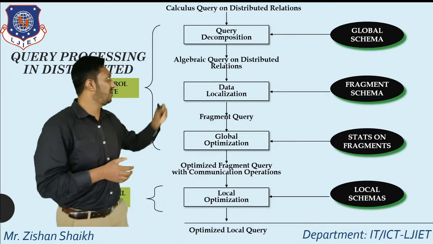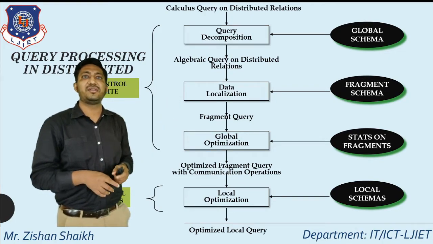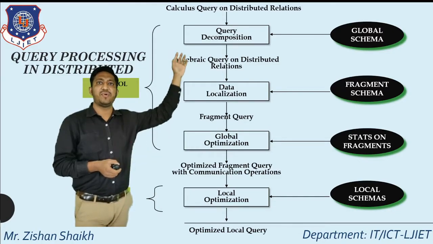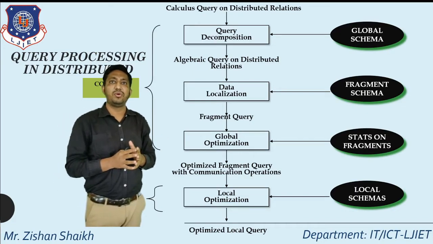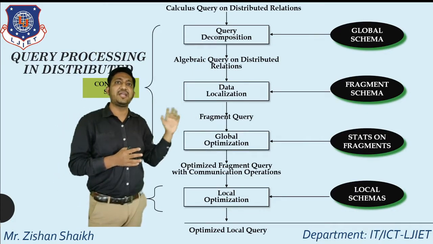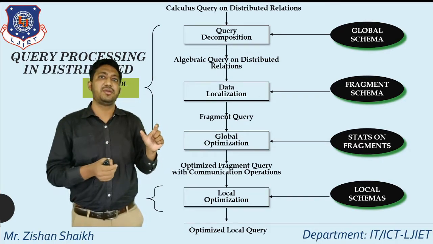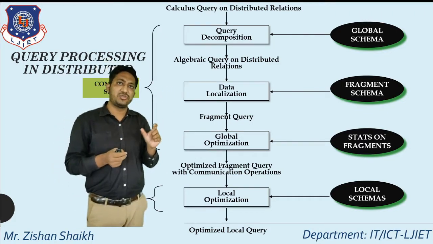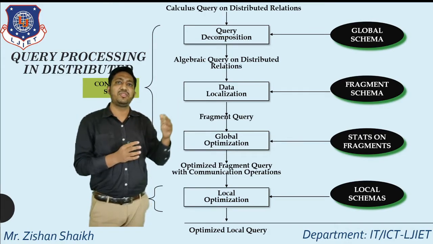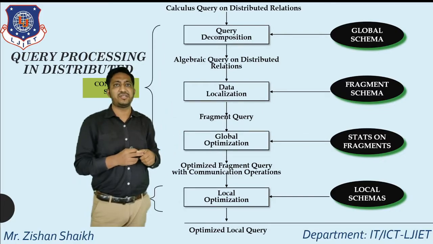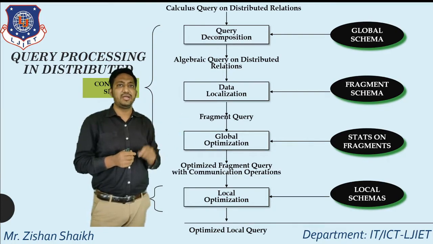In this figure, we can see a number of steps for distributed query processing. Let's understand all these steps one by one. The first step is query decomposition. Query decomposition means we divide the whole query into smaller parts. Next is data localization. In decomposition we get the parts of the query, and those parts belong to particular sites. It may occur that the data is available at different sites, so which part belongs to which database, we have to decide in data localization.